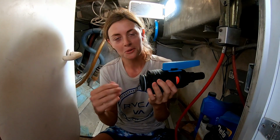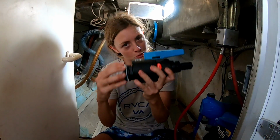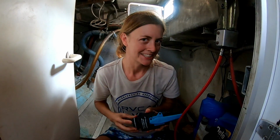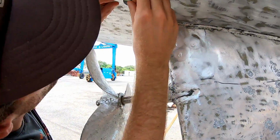And then from the outside of the hull we can mark the top of the through hull, so essentially that when they're installed and we put them in with the 5200 so they're a permanent part of the hull, this should screw into place where we want it, theoretically. So that's what we're going to do. So Jim is marking the through hull